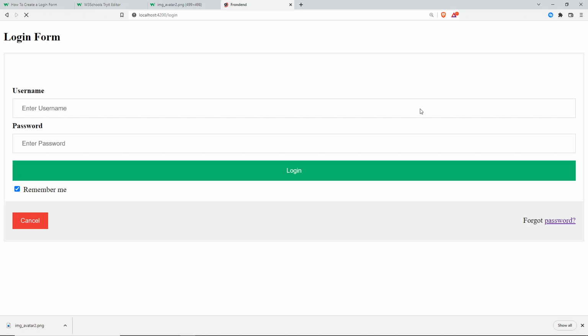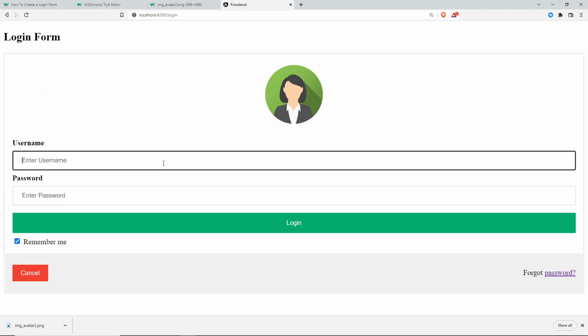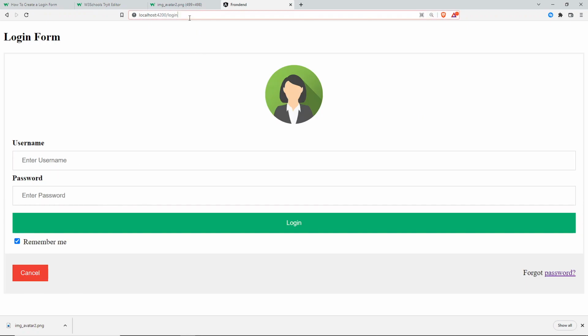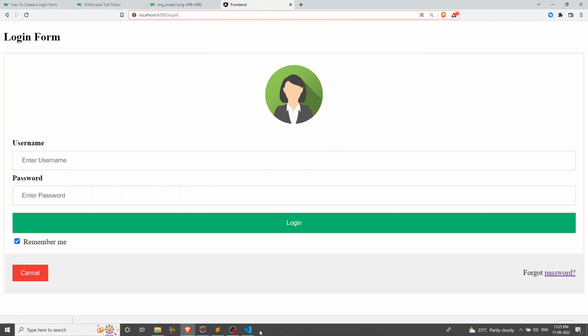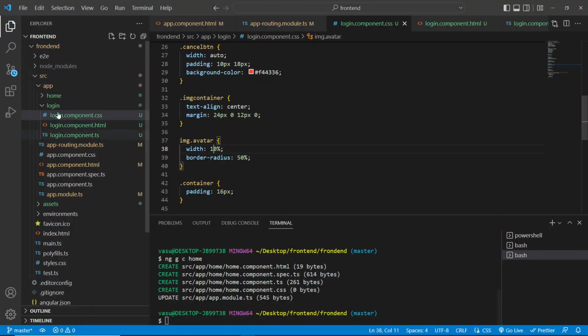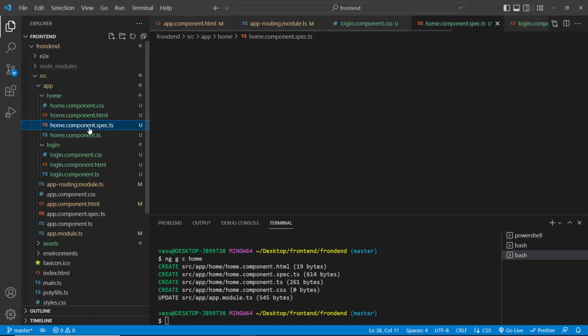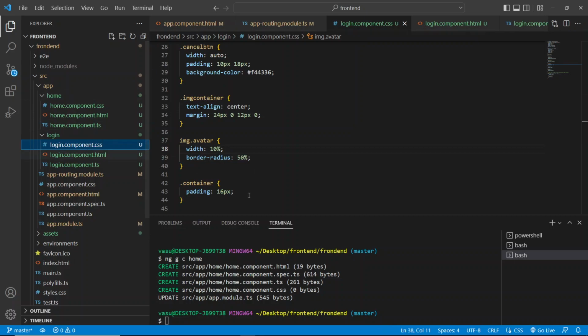Okay, so now what are the username? Wait, first we have created a login over here. We need to create home as well. So home component has been created. If you expand the home, delete this file first. Okay, so once you delete it, go for this, where you need to go for